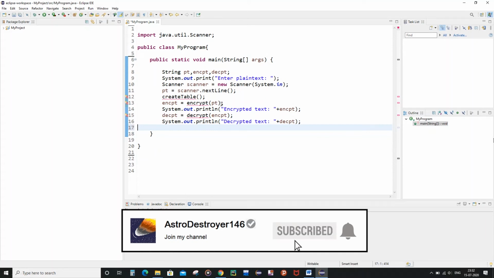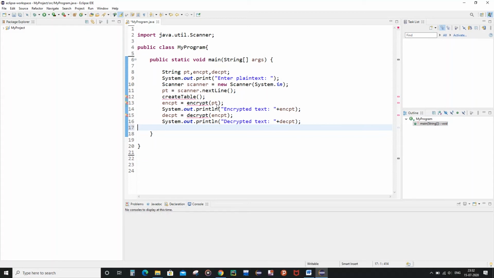Then we also called the encrypt function, which takes the plain text as input and returns the encrypted text, which gets stored inside the encpt string variable, and finally we print the encpt string variable as the encrypted text. Similarly we also invoke the decrypt function. It takes encpt as the input, and we store the return value inside the decpt string variable. We also print the decrypted text.